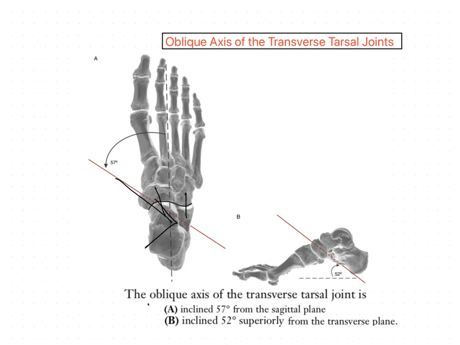Okay, for example, as the subtalar joint supinates, what happens? The linkage to the transverse tarsal joint causes both the talonavicular joint and the calcaneo-cuboid joint to begin to supinate. When the subtalar joint is fully supinated and locked, that means the bony surfaces are drawn together, the transverse tarsal joint is also carried into full supination and its bony surfaces are similarly drawn together into a locked position. When the subtalar joint is pronated,